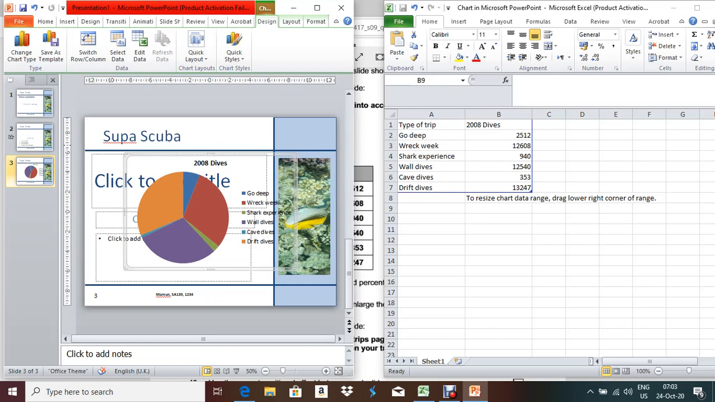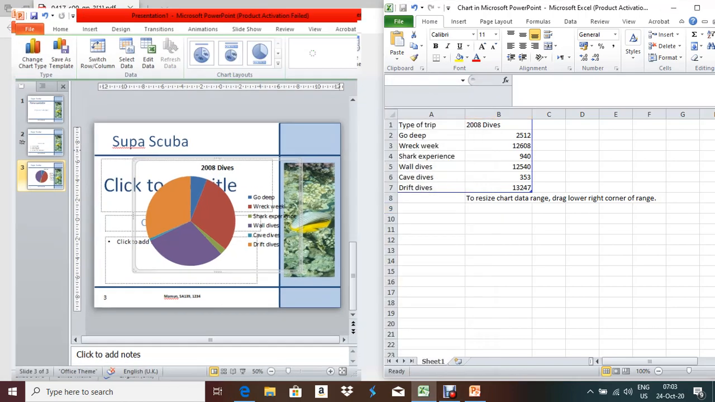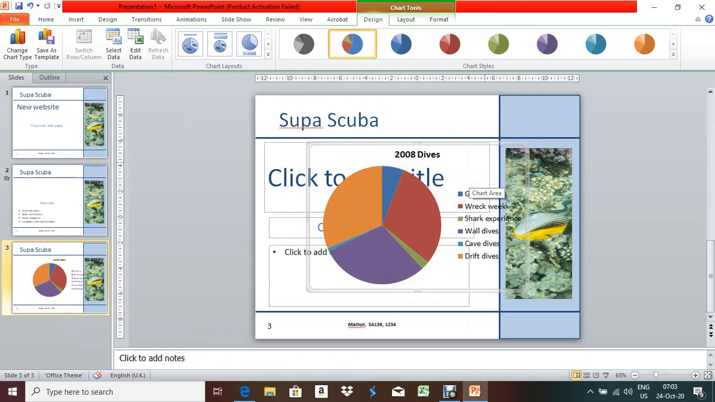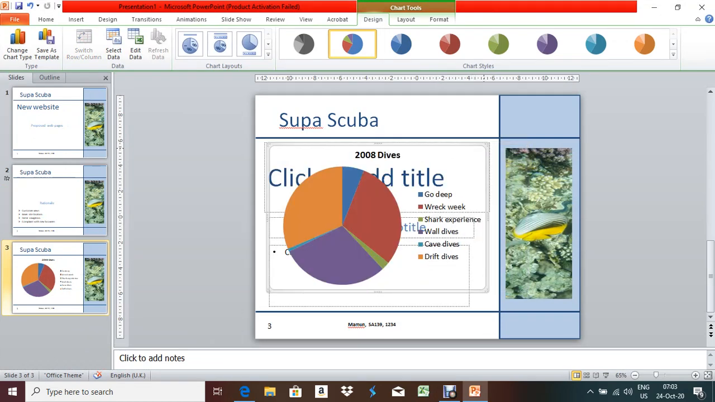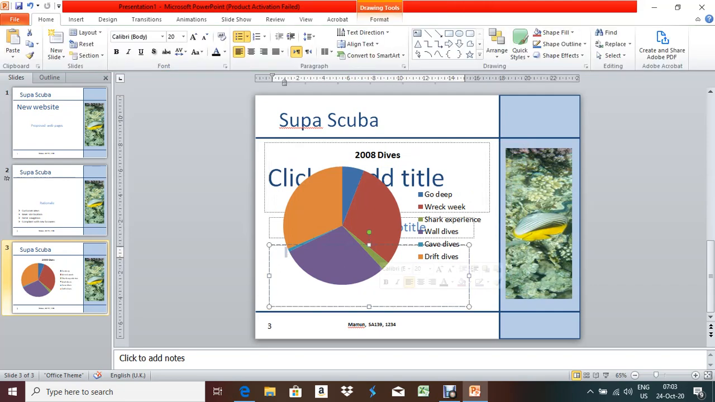So what you can do after this one, you can close the Excel part. Now you'll see your presentation, and make sure that it is inside the box and it is not overlapping with other things. Okay,